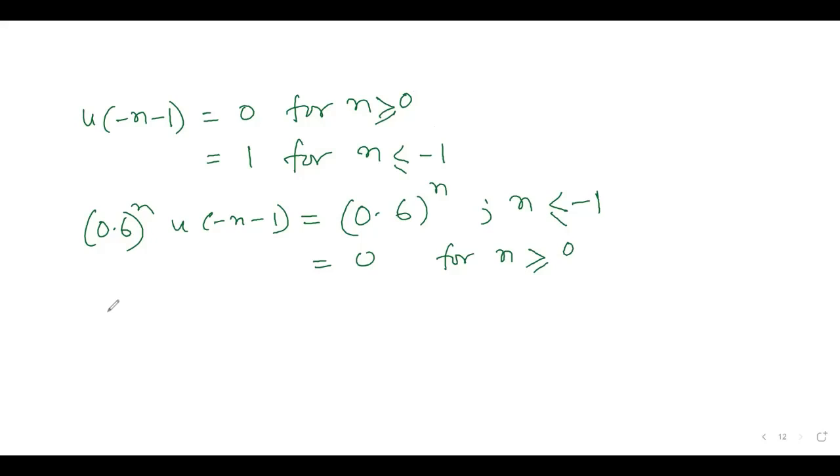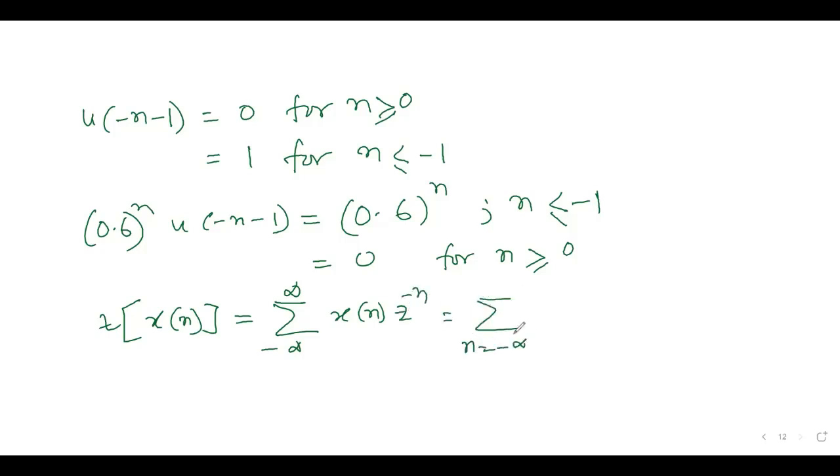So what will be the sum? So z transform of xn is therefore minus infinity to plus infinity xn z to the power minus n. That means it will be minus infinity to minus 1, because it is 0 for n greater than or equal to 0. Let us write the value here. So 0.6 to the power n z to the power minus n, that we can write as